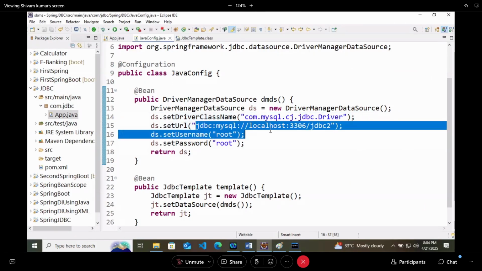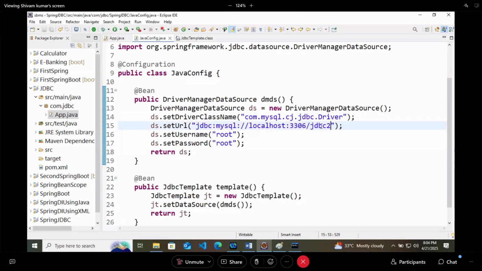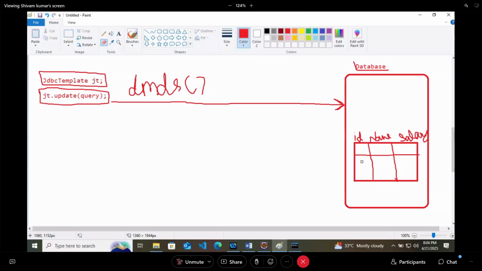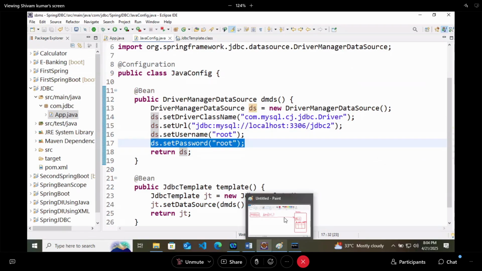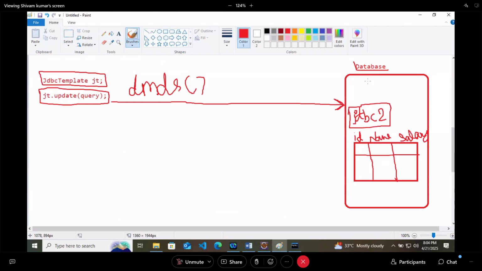This is the link to connect, and JDBC2 is the database name. So it will say, yes, I have one database inside me whose name is JDBC2. Then it will say that your username is root and password is also root. So database will say, yes, all the things are correct. Now you can update the values in me.